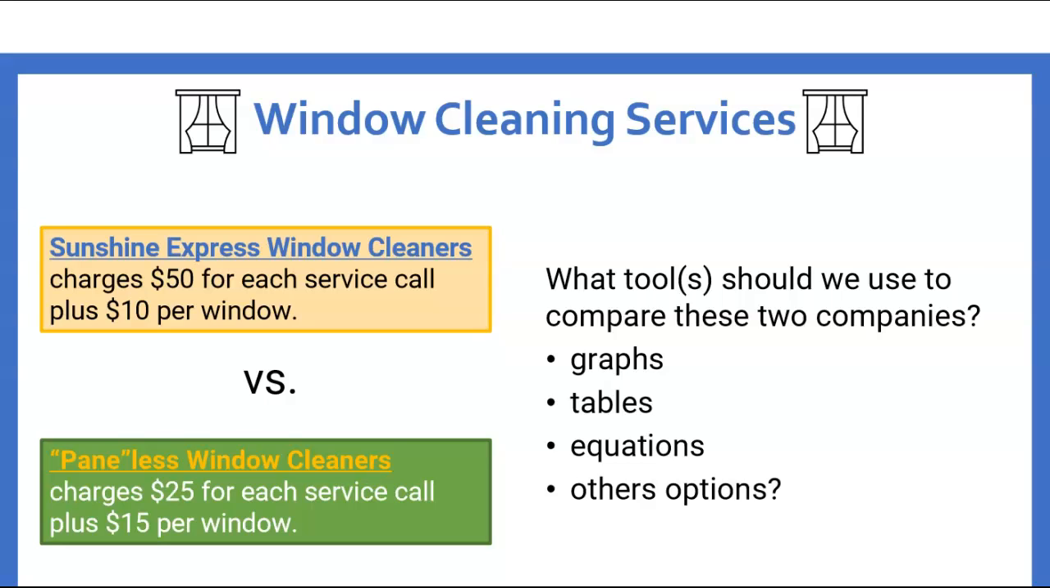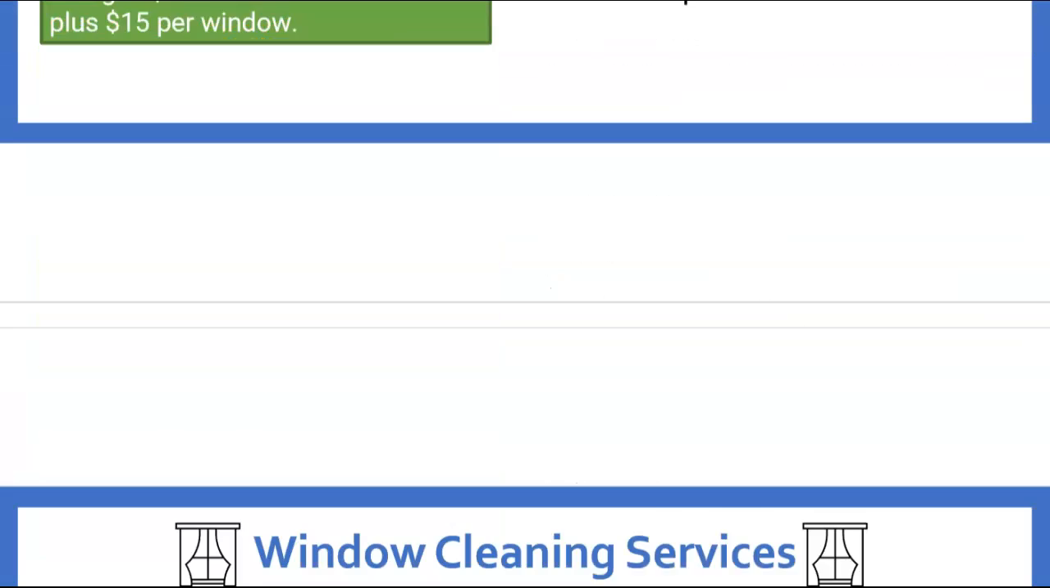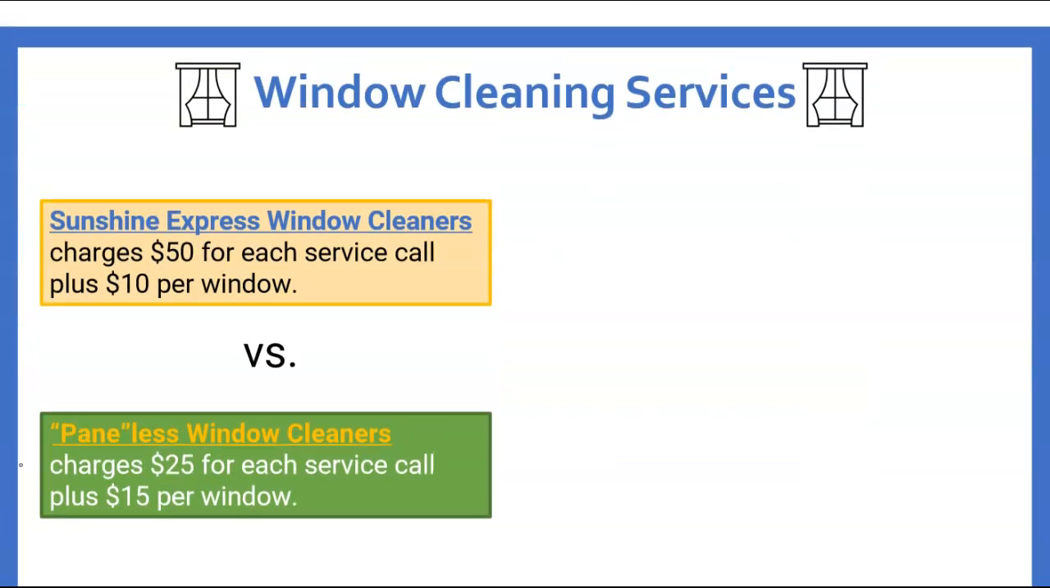So which tools should we use to compare these 2 companies? We have all kinds of tools we've used throughout this year. We've used graphs, tables, equations. What should we use on this one? What would help us figure out the differences here? How about we start with a table on this one? Let's compare these 2 with a table. I'll make some room down here. So if we were to draw a table for this first one,